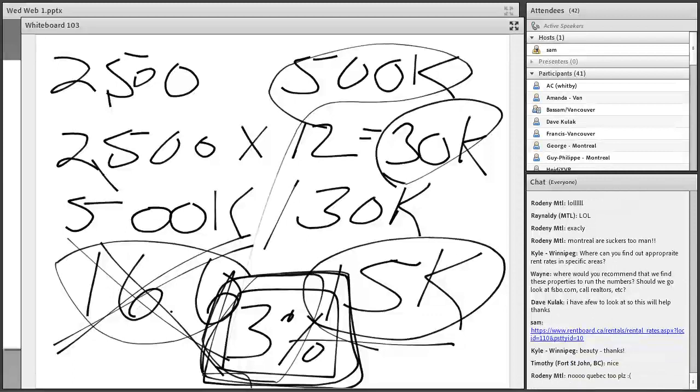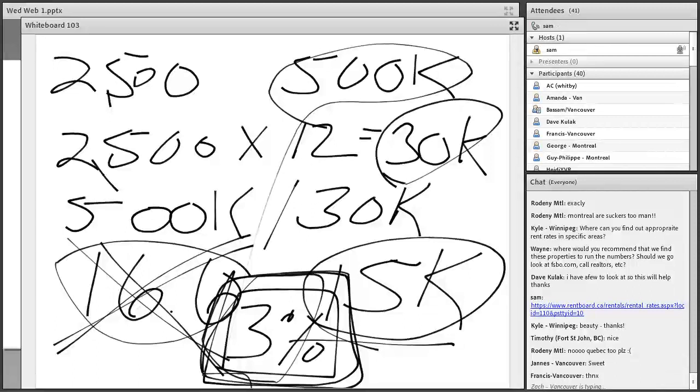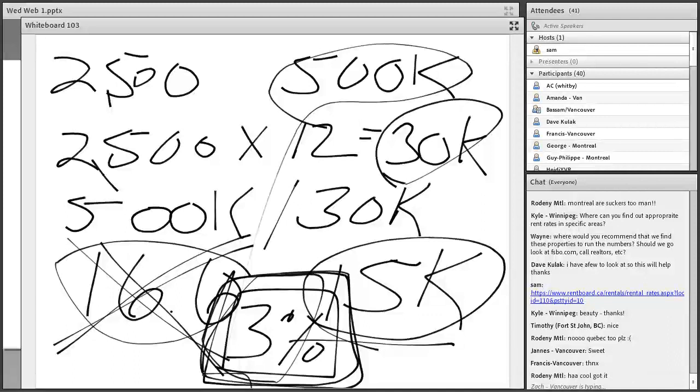So it's telling us bachelor, commercial property, condominium, duplex, eightplex, fourplex. Right now it's looking at house, but you can click any of these, right? I could click duplex, and it's going to give me the duplex rates, and it's going to go by bedrooms. Does everybody see that? When you fool around with it, no worries. It's the same site. You can just pick the province that you want.